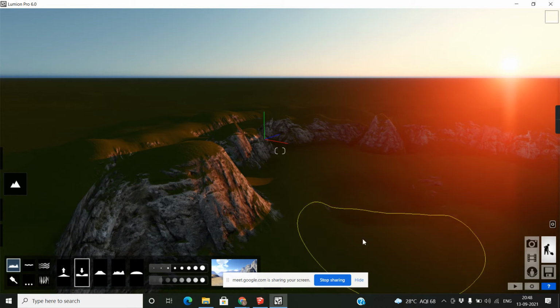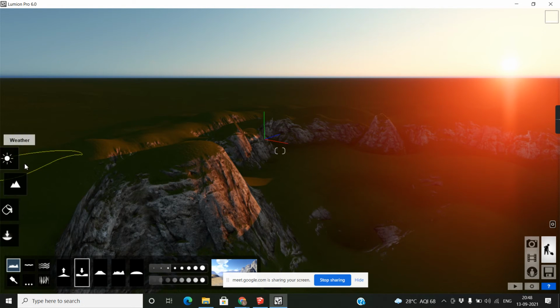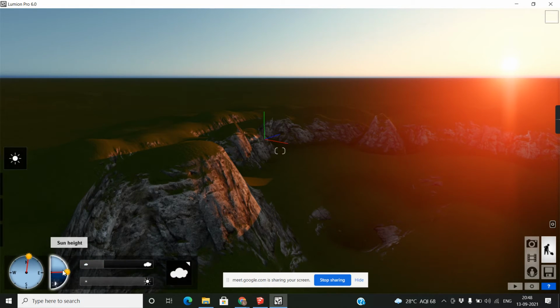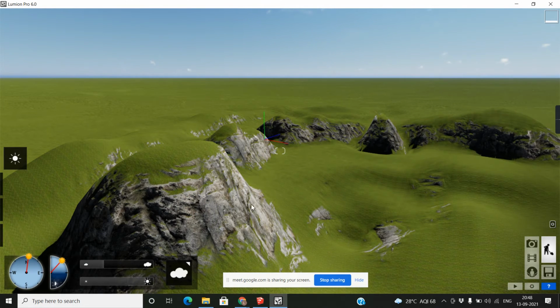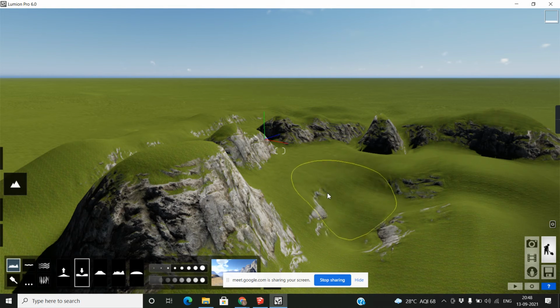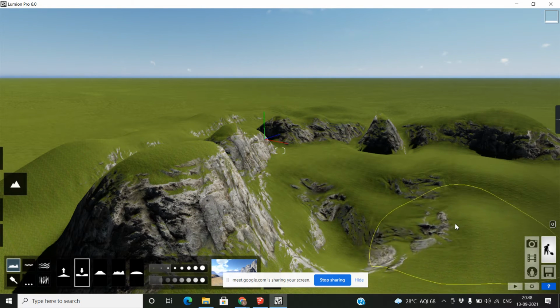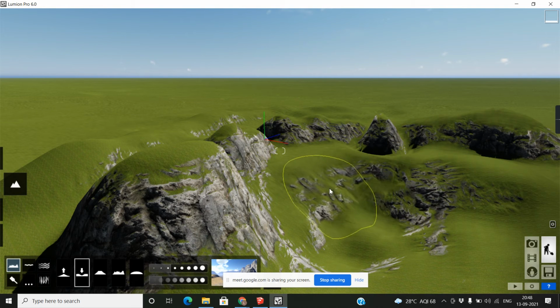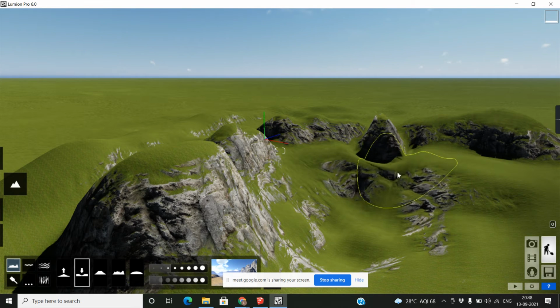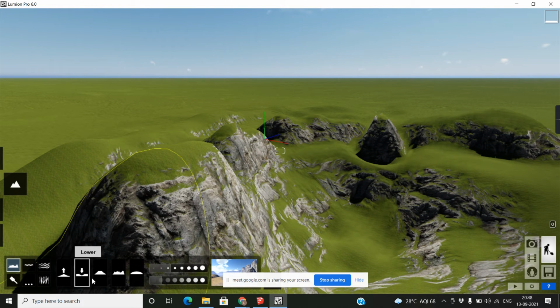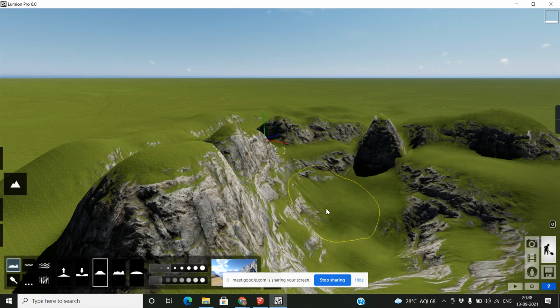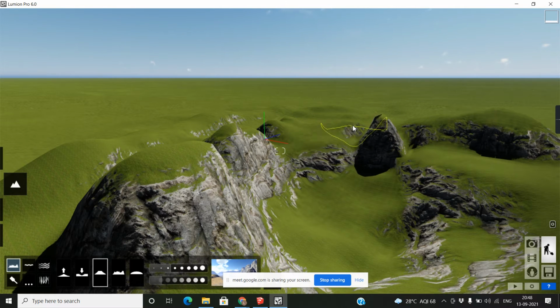See, it's going down inside. And for understanding, just move up so it will look proper. It's going down. And if you want to flatten, just click, it becomes flat.